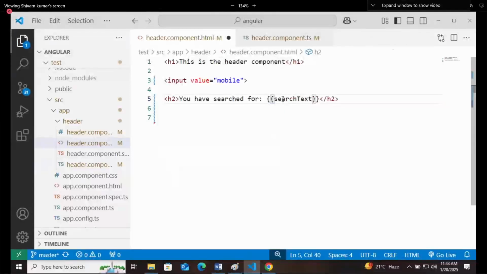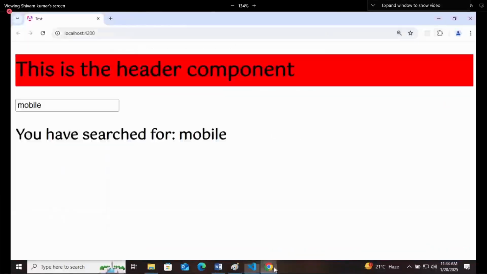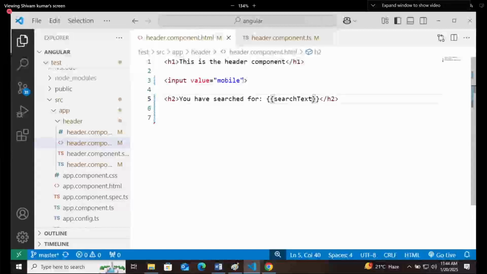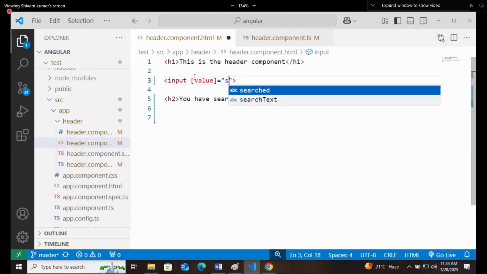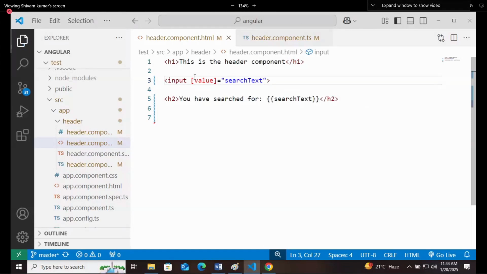Search text. Now what I want is, if I am erasing this mobile from there and writing shoes here, it should come here. We have already done this, right? Two-way data binding or one-way data binding. For that, instead of writing this value directly, we will write a property, and in the property I will give search text.